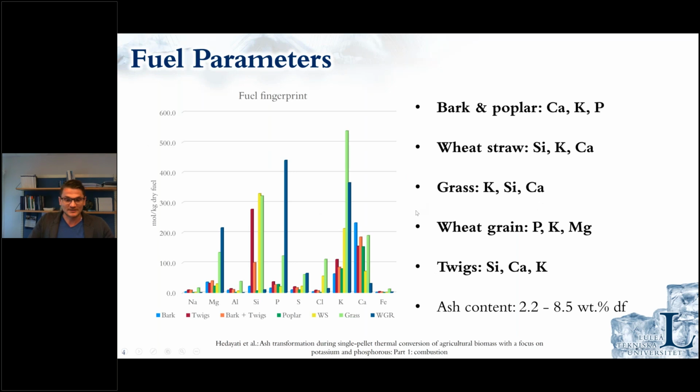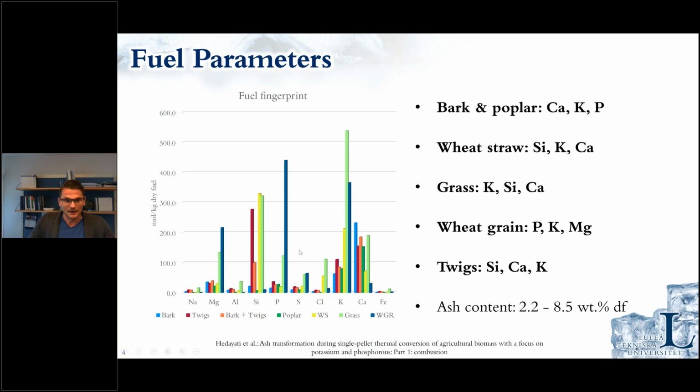The fuels we're using are basically biomass fuels. Here you can see a variety of different biomass fuels which originate purely from nature. And you can see that there is a huge variation in the elements that are in the system, like basically the primary element changes. It can be calcium, silicon, it can be potassium, and also phosphorus. And also the specific amounts of those elements in the ash are highly varying. As you can see, for example, for the phosphorus, we have one fuel, which is the wheat grain residue that has a very high phosphorus content. The other is not so high. In grass, it is at least